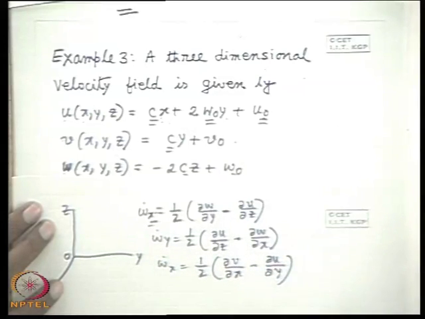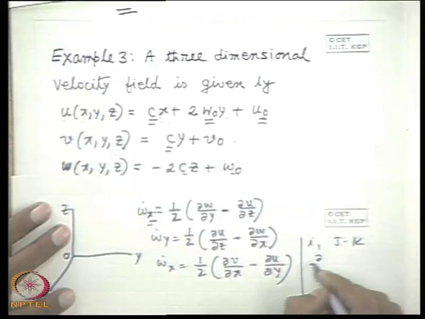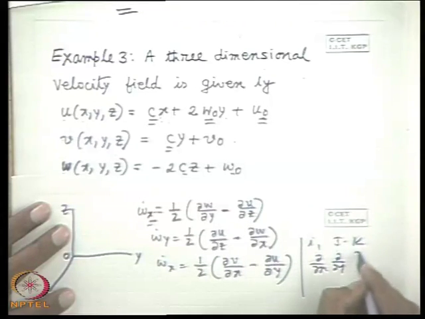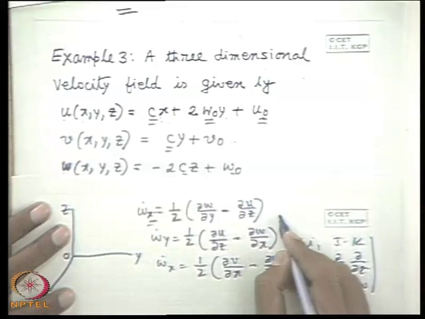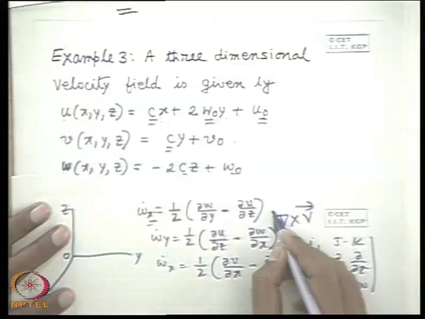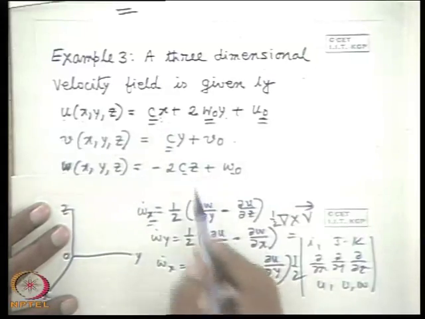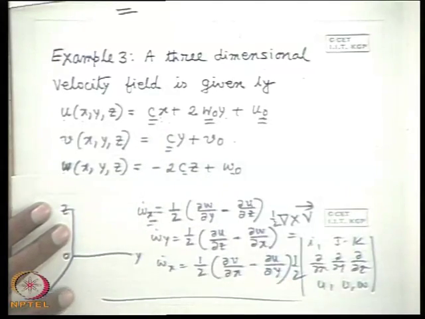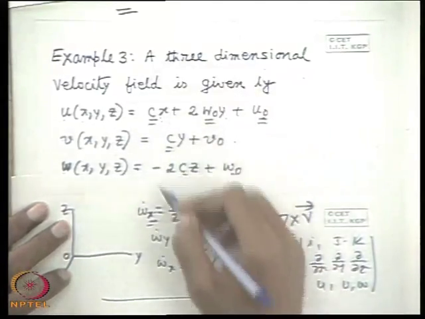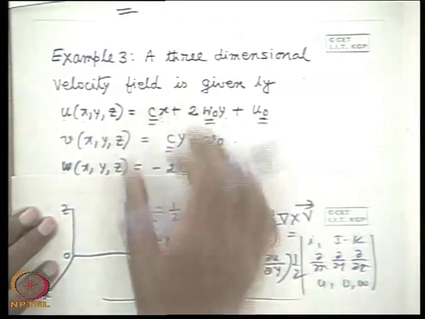So it can come from the determinant concept, as you know: i, j, k, del del x, del del y, del del z, u, v, w. That means this is the curl of the velocity vector. This is the definition, with the half, of course. So from here analytically one can find out. Now the next part is to substitute the values accordingly and find out the results. That is left to you. That's simply substitution of the values as I did for the strain rate. So these are the formulae, and you can find out.